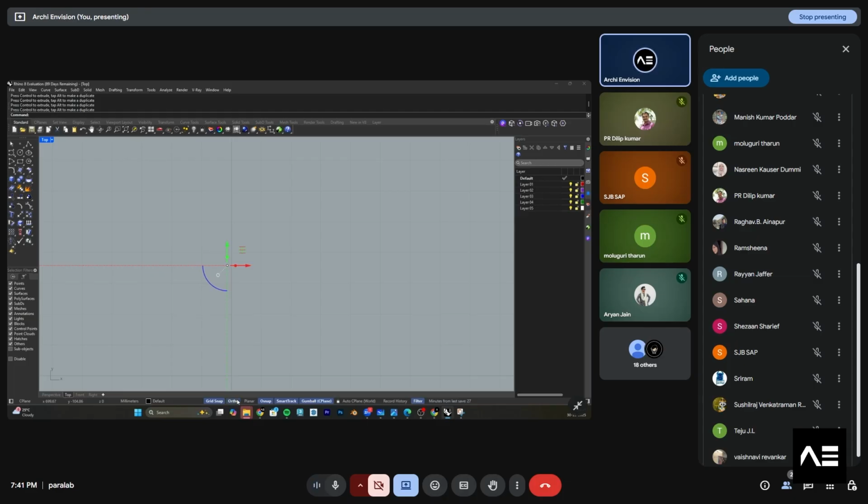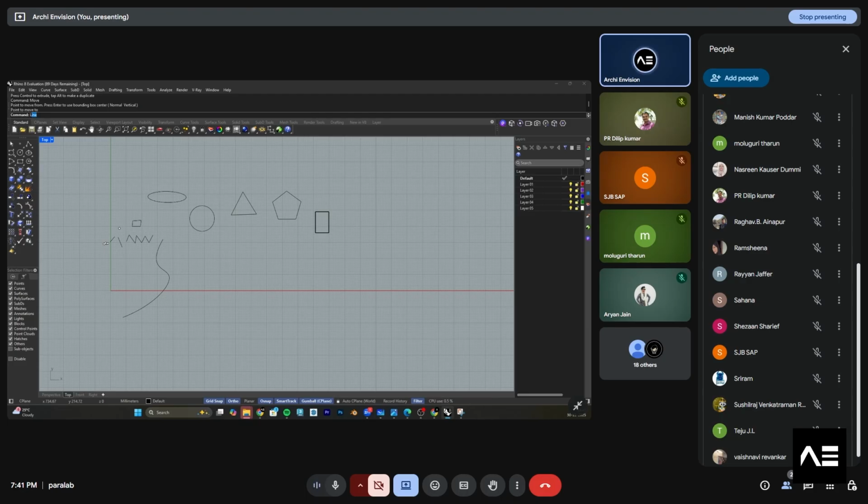Ortho, I guess you guys know about. Ortho is nothing but moving freely. We are moving, right? So it moves in a perpendicular direction. For example, if I type move and move it, it will move perpendicular. There is a command called move. We usually type commands like in AutoCAD. If you know AutoCAD, we just type the commands, right? Most probably the same thing we can type here.